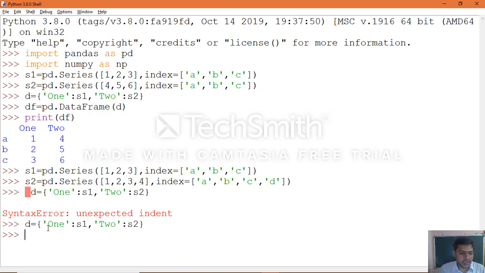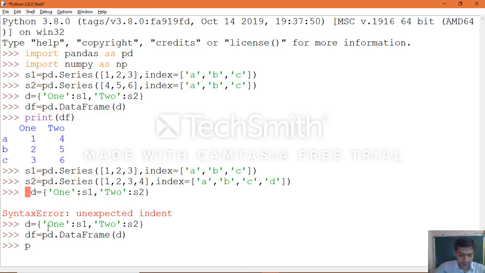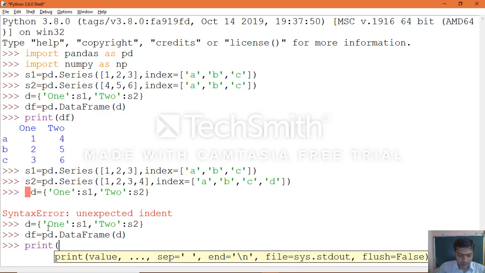Once you create the dictionary, then create the data frame, that is df equal to pd dot DataFrame of d, the dictionary which we created. Print that. Let's see the output, how we will get it.